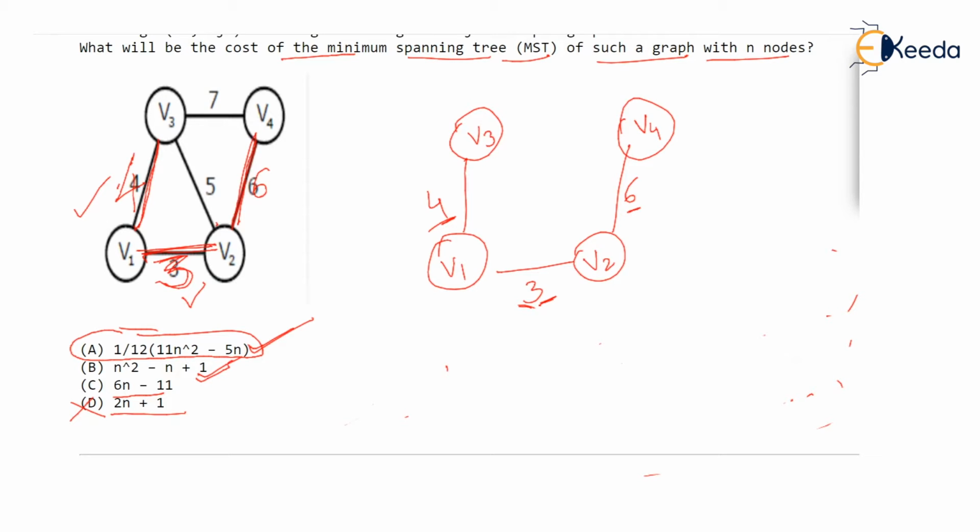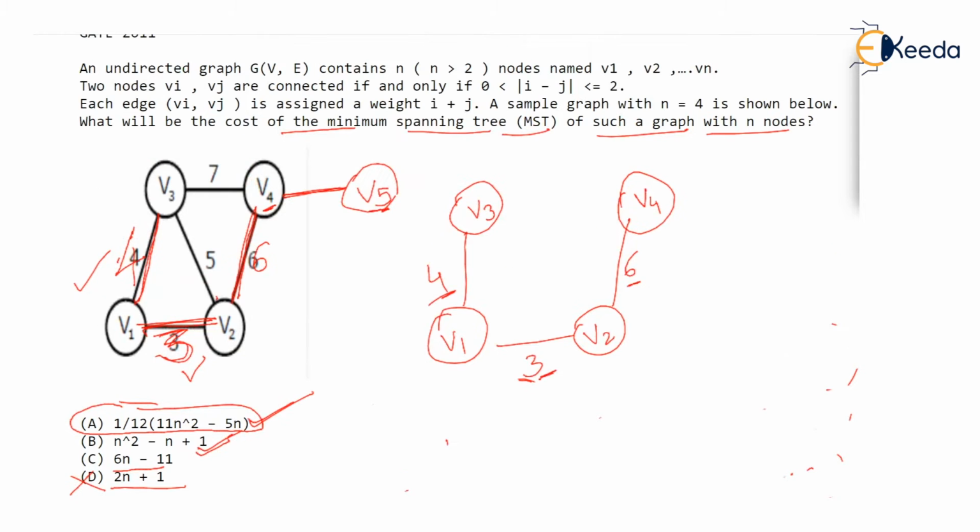So what you do is you add one more vertex to this. You go on for 5 vertices. This is just an example graph given, isn't it? There can be any number of vertices. You add fifth vertex. So will 4 and 5 be adjacent? Yes, because the difference between their indices is just 1. And recall the condition for the adjacency, that i minus j should be between 0 and 2, isn't it? And what will be the weight here? Yes, 9, because the addition of the indices i plus j is the weight.